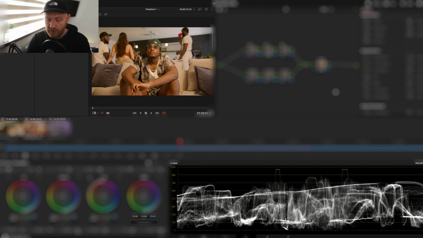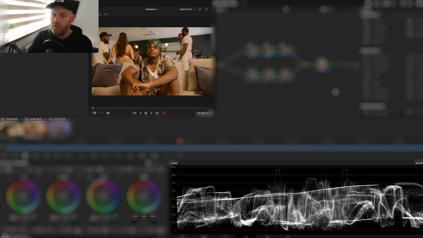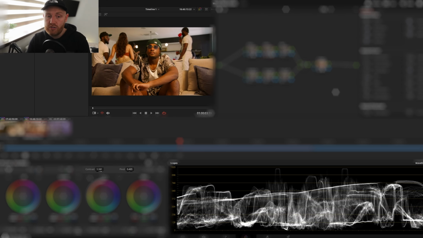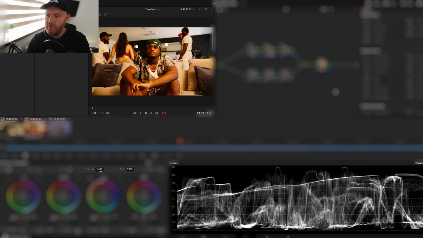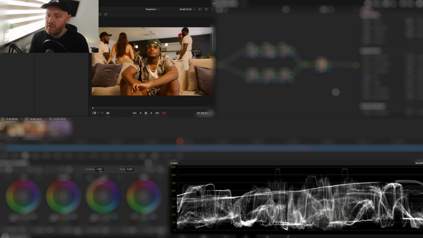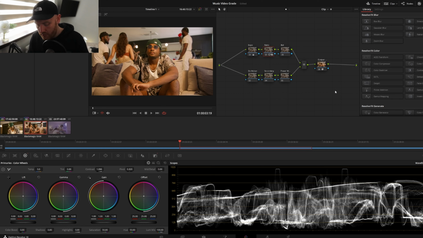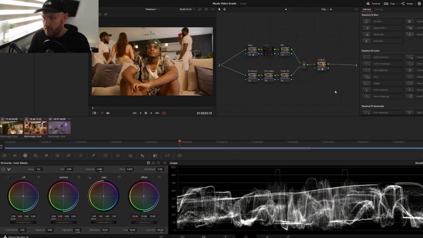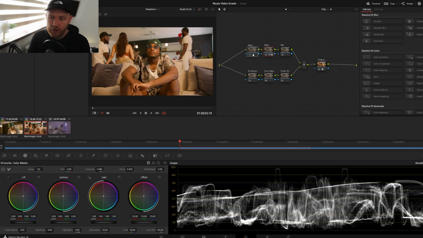Let's add my default node structure, and again I'm just using the offset, moving up and down, trying to find somewhere around there, moving across, way too much contrast, move the pivot, just finding where I like to pivot from, right there. Then I'll just dial in the amount I feel necessary, jump across to my log, push up the shadows a little bit because I don't want to lose any detail down there, and a little before and after, looking good. If I can highlight both of them changes, see, tiny changes, just the first pass, nothing has to be finished